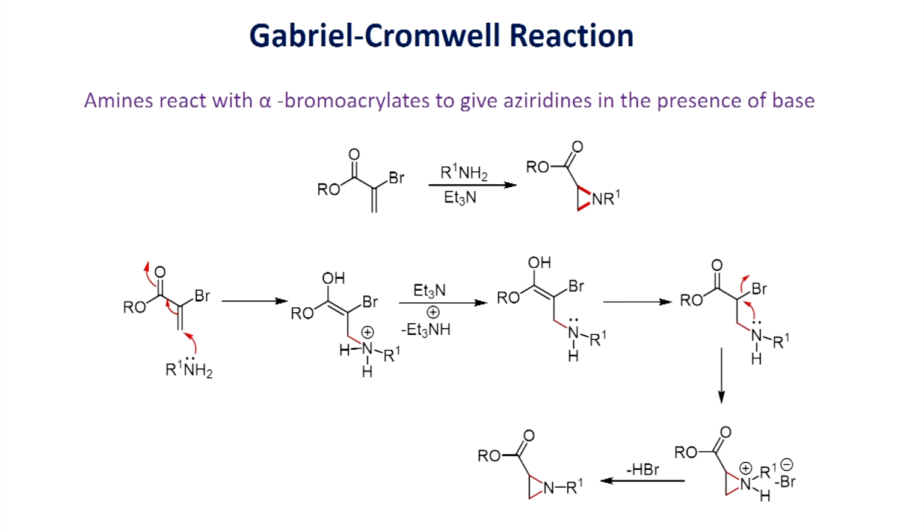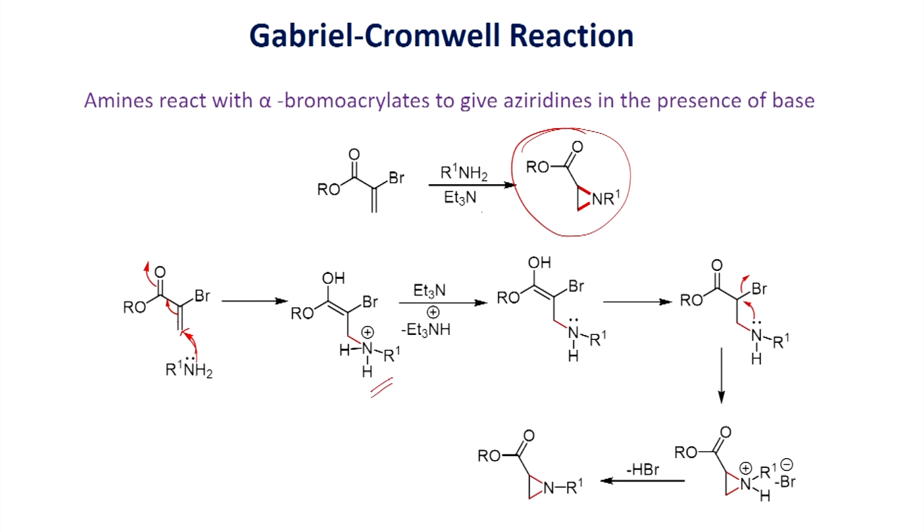Here the reaction of alpha-bromo vinyl acetate with amine in the presence of base is shown. It can readily undergo reaction to give this aziridine as a product. If we look at this reaction, the amine undergoes conjugate addition. As you can see here, this acts as a nucleophile, and this is the electrophile; it undergoes conjugate addition, 1,4 addition. Then you will be able to generate this salt. The salt, in the presence of base, you can deprotonate, then you will be able to get this amine derivative. This can readily convert into this intermediate.